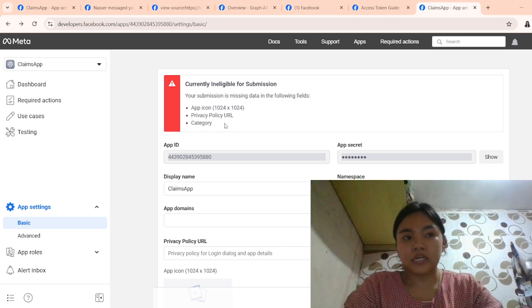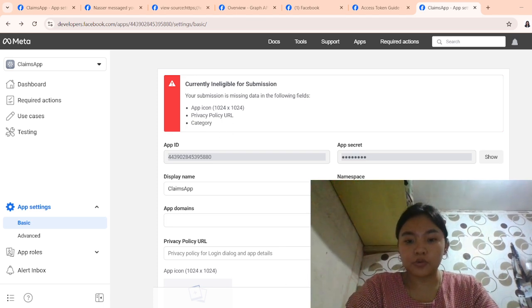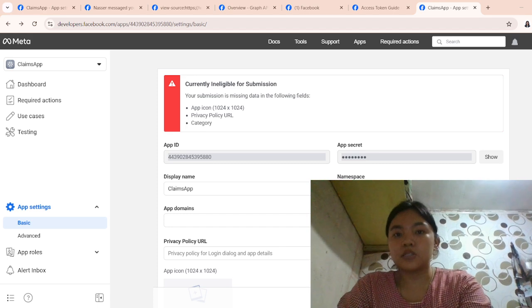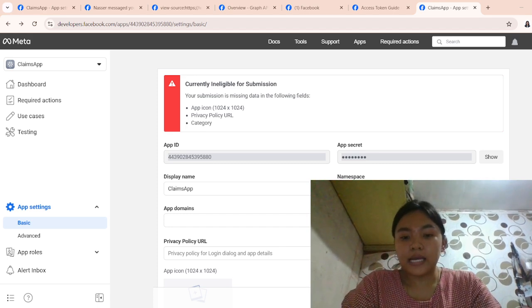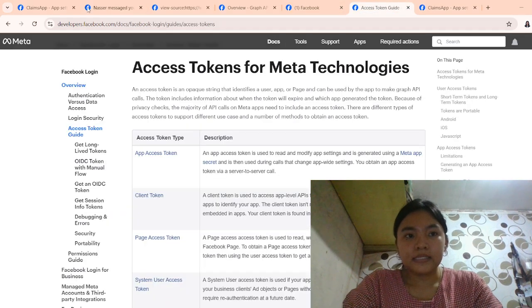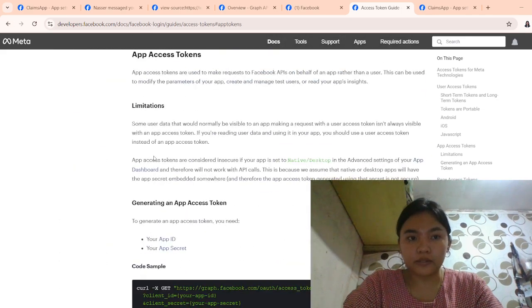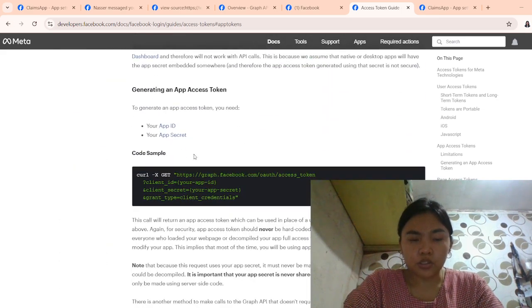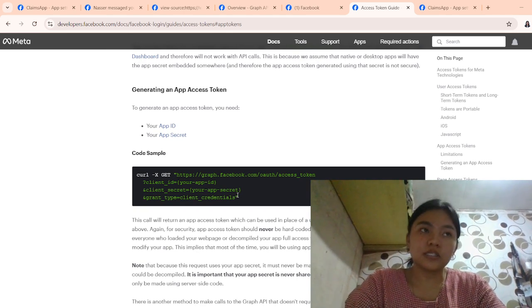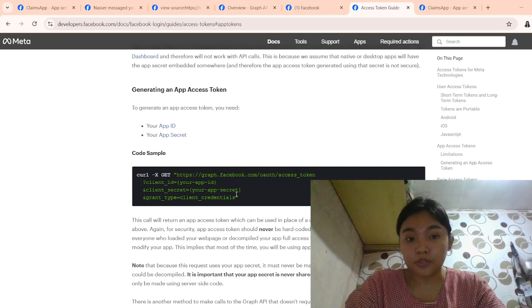After registering, you will go to Postman and use this URL. What I did is I opened this link, and then I clicked the app access token, which already shows the URL that you can just copy and paste into your Postman.